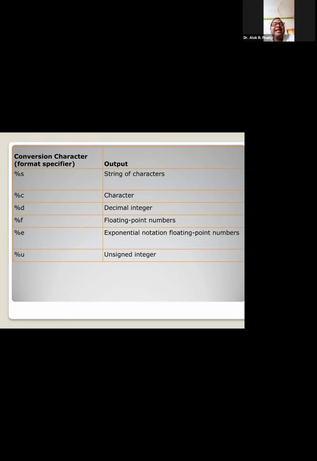In that case, you can go for %e. That will be clear when we go through some programs in the latter part. Whenever I use all the format specifiers, you will be better clear about how they are being used in the program.